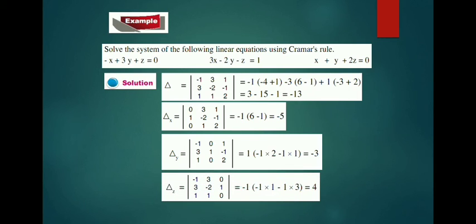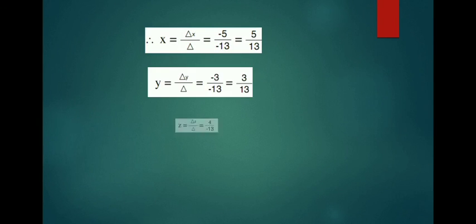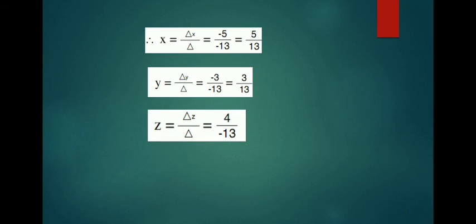And delta z equals negative 1, 3, 0, 3, negative 2, 1, 1, 1, 0. Using the third column, we find the value of delta z, we will get 4. And by dividing, x equals delta x over delta, which is 5 over 13,